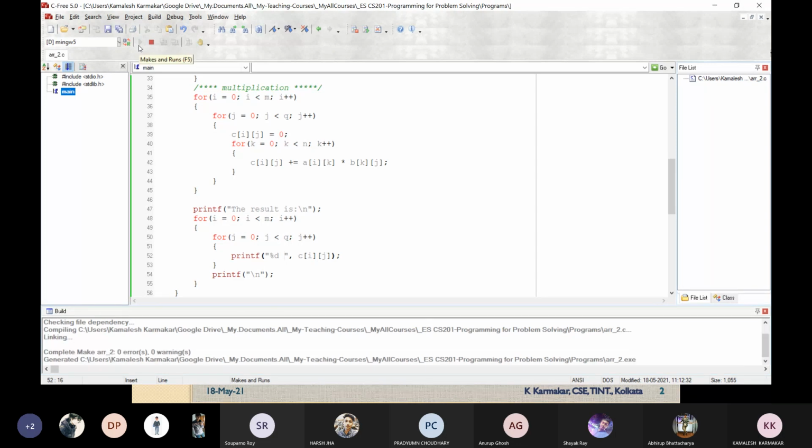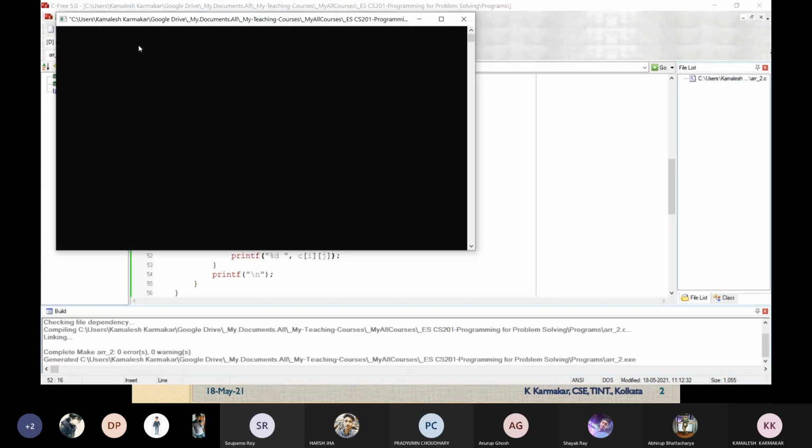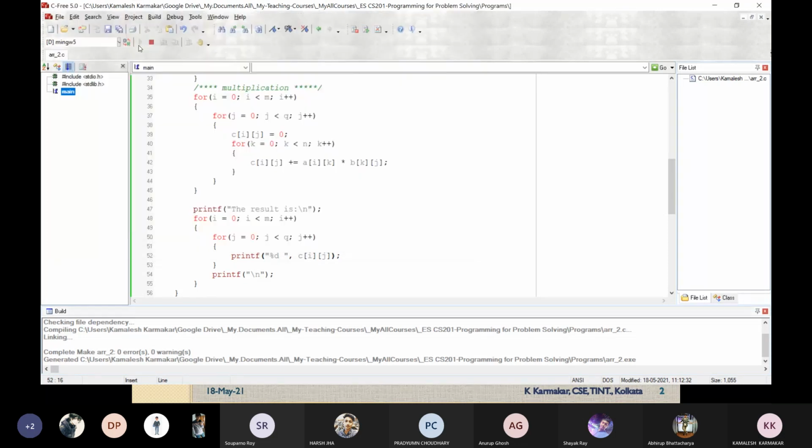So let us try. The first thing, it will ask for the dimension of the first matrix. Say the dimension is 3, 4. Dimension of the second matrix: if it is 2, 2, it will print invalid dimension, because these two matrices cannot be multiplied.